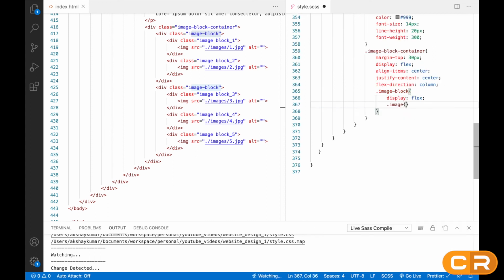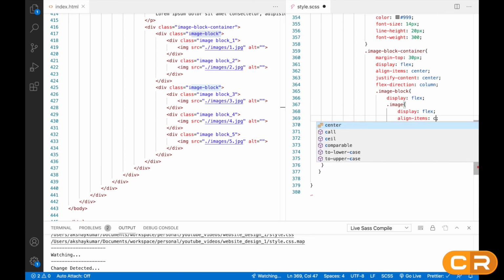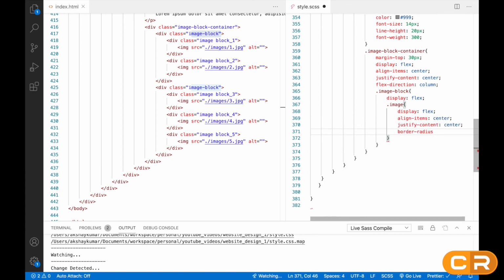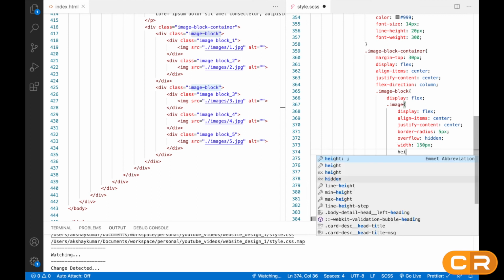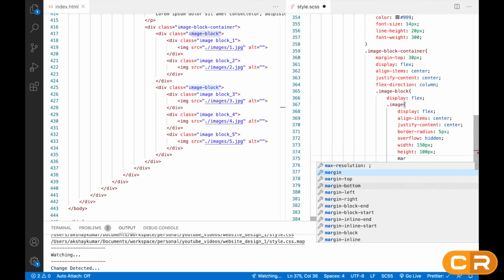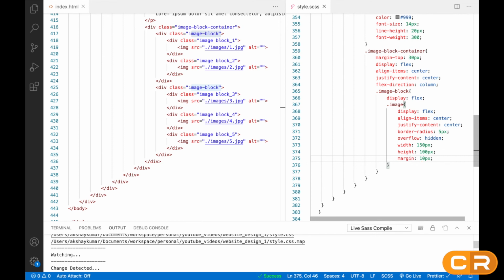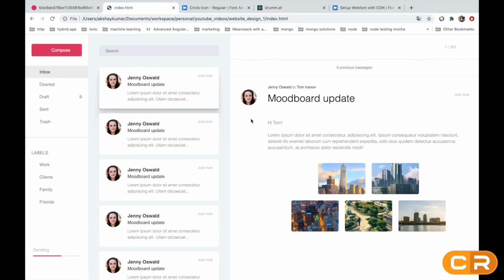We'll take this class here and write display flex like this, align items center, then justify content center. Border radius will be 5px, then overflow hidden. Width will be 150px and height 100px and margin 10px, right? Inside this we'll take the image and give width 300%. Now if I refresh this, it will look something like this.